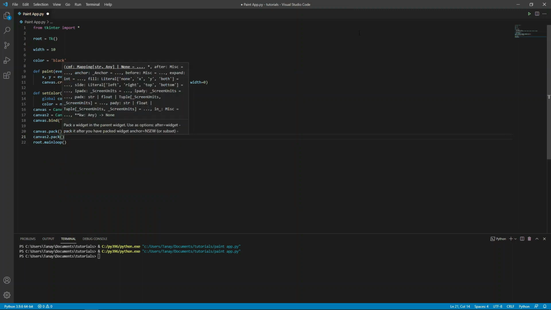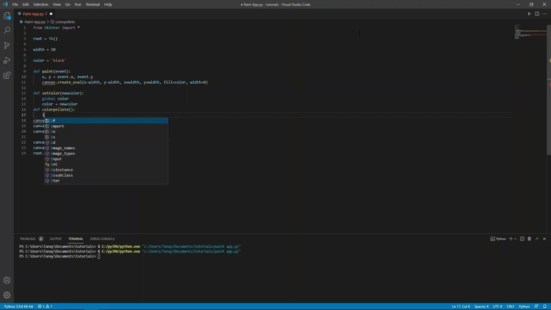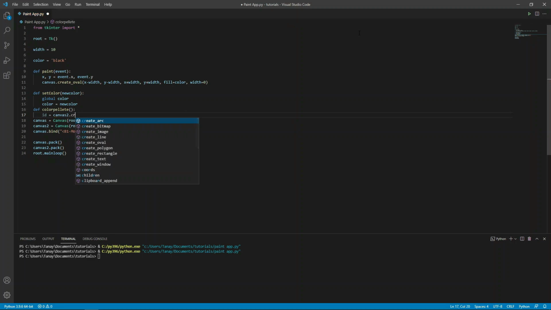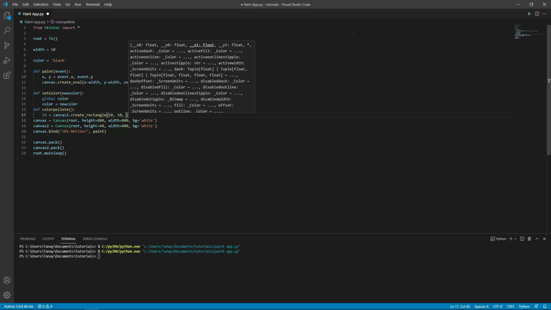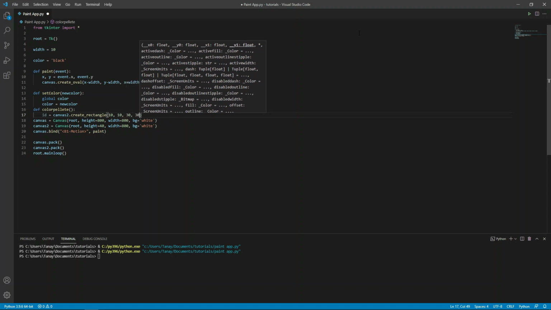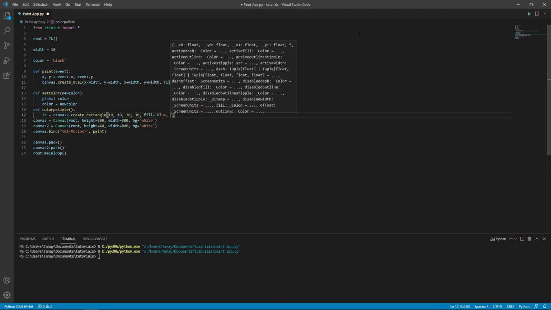Let's make a function which will display colors and check if they are clicked, and the function's name will be color palette. For that we have to type def color palette, id equals to canvas2 dot create rectangle 10, 10, 30 and 30. Fill equals to blue and width equals to 1.